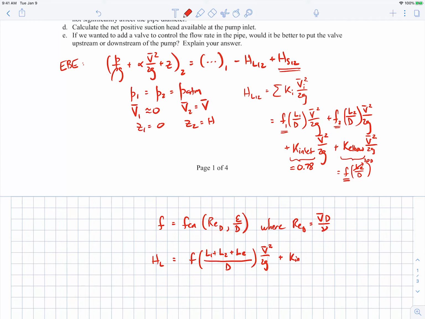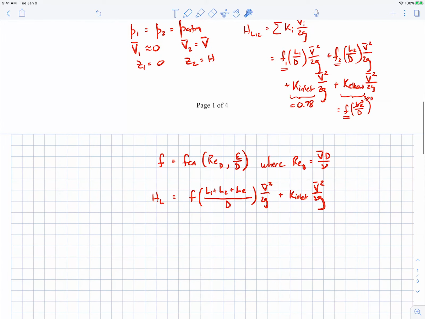And then we just have the inlet loss. So all I've done is taken this and made it a little more compact. All right, and then what we can do is rearrange this equation to solve for the shaft head we need from the pump in order to operate at the given velocity or volumetric flow rate. So if we rearrange our extended Bernoulli equation,